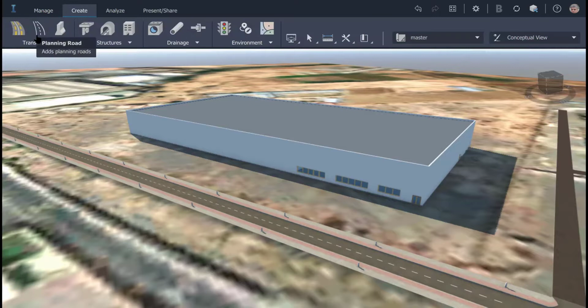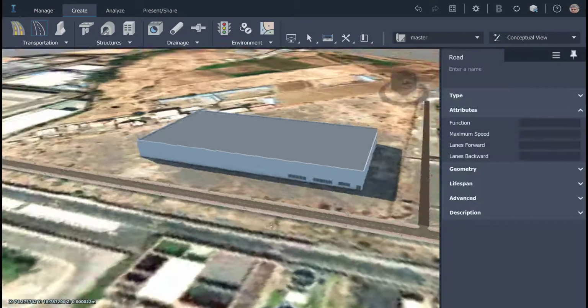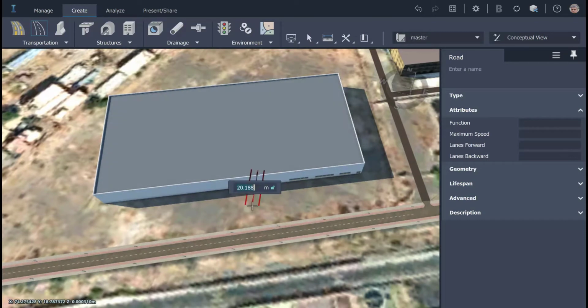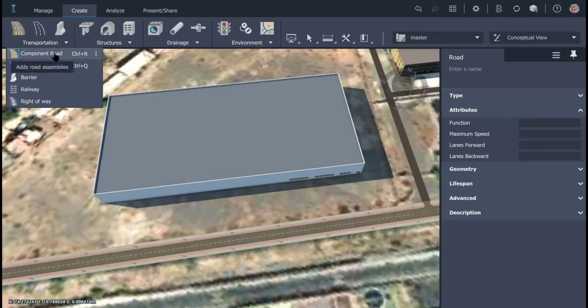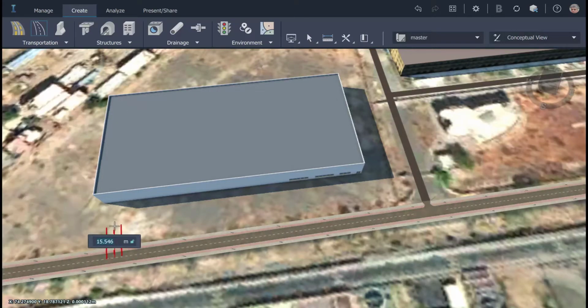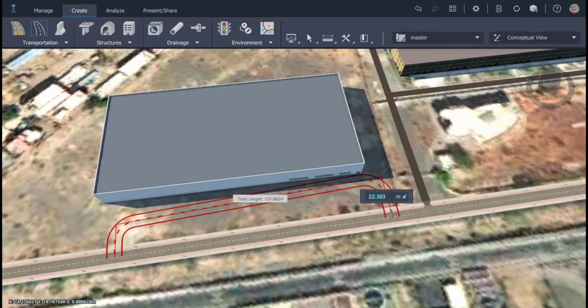And using the transportation option under the create menu, I use a road that is a component road or a planning road, whichever is suitable to me, to create the road. In this case, we have used the planning road. And drawing a road is as simple as drawing a polyline in AutoCAD.